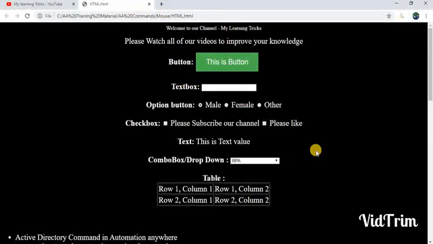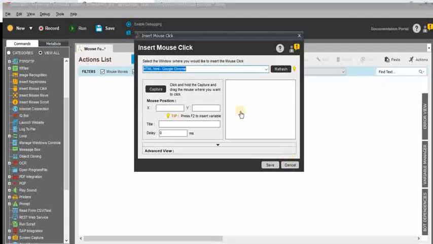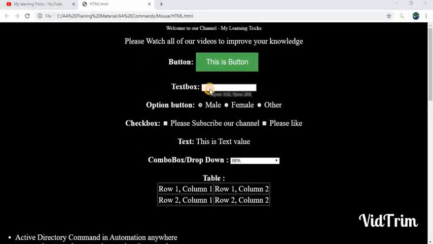So I would like to click on this drop down values. Just here. Very simple requirement. For that, just click on capture and do not release the mouse until you get the black color box with X position and Y position values. Hope you can see it on my system: X position 645 and Y position 250. Like the same, just select this combo box drop down. I have selected it, then release your mouse.